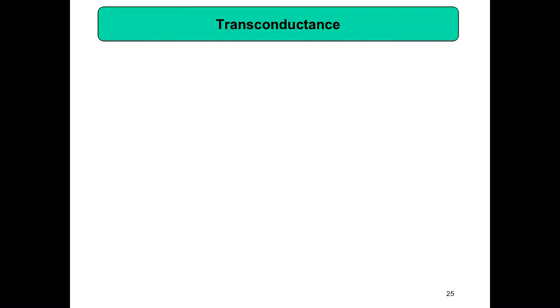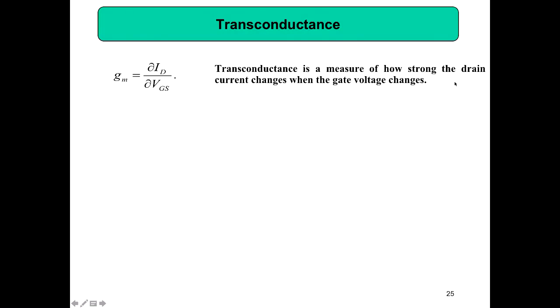Then transconductance. Similar to BJT, we have transconductance for MOS transistor. For the BJT, gm equals IC by VBE, because it is output current divided by input voltage. For the MOS transistor, it is the output current, that is drain current, divided by not VBE but VGS, between gate and source. Transconductance is a measure of how strongly drain current changes when the gate voltage changes. Similar to BJT, transconductance is a measure of how strongly the collector current changes when your base-emitter voltage